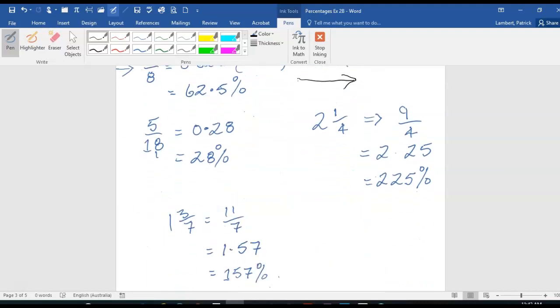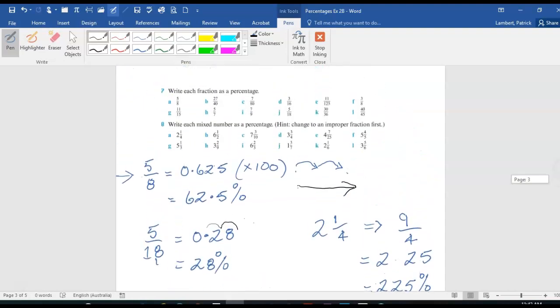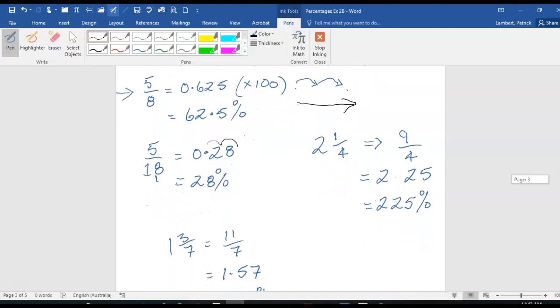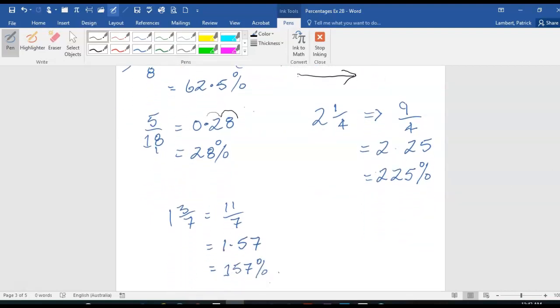And 5 over 18 becomes 0.28. We shift the decimal point across to here, becomes 28%. 2 1/4. This is write each mixed number as a percentage. So what's the best way? To change it to a fraction first. 4 times 2 is 8, plus 1 is 9, it becomes 9 on 4. And that equals 2.25, and if we multiply it by 100,